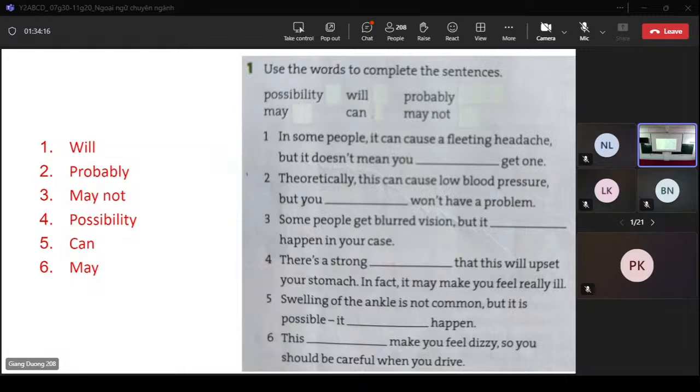Khi nào thực tế đối với trường hợp một bệnh nhân nào đó mà mình cho bệnh nhân dùng thuốc, mình sẽ dùng là may, bởi vì tôi đang kê thuốc cho bạn. Còn bình thường giải thích chung chung thì là can. Tuy nhiên, nào cũng được hết. Nó đều là possibility. Chỉ có may mình thường dùng cho dạng tương lai nhiều hơn là dạng hiện tại. Tức là bạn dùng thuốc này thì ngày mai bạn sẽ có những hiện tượng nào đó. May nó nghiêng về tương lai hơn, mà tương lai thì phải thực tế là đang xài thì mới có tác dụng ở tương lai.